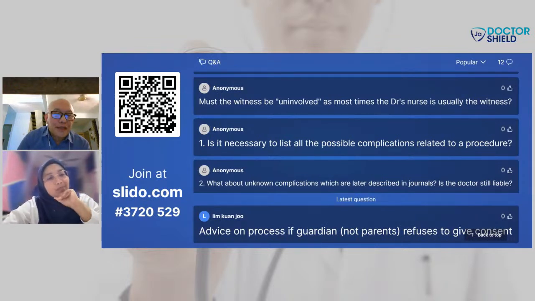Or if I do a bone marrow examination, people are already very scared of the pain. If I tell them there's actually a recorded material risk that 1 in 50,000 bone marrow examinations ends in death, how many people do you think will agree? What's their concept of 1 in 50,000, 1 in 100,000? They may have no idea. But then in the court of law, you say you did not mention it.